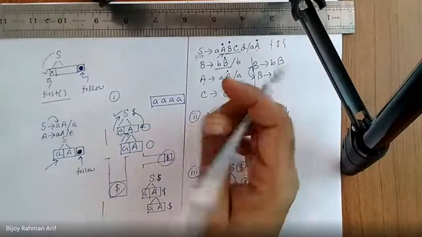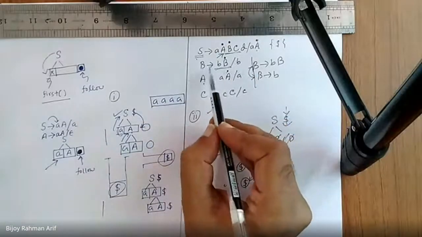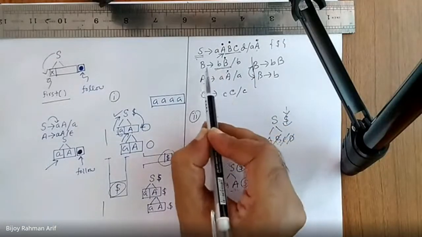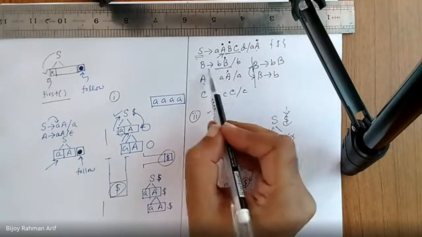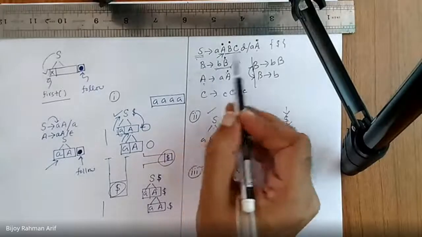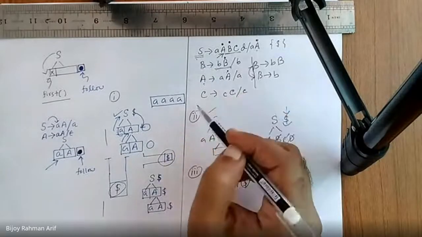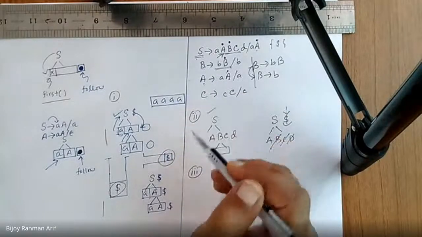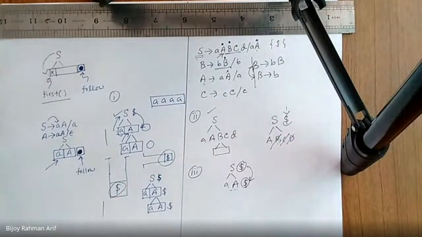For example, in this case, follow of B is nothing but follow of A. Somehow in another product, if follow of A is changed, then again you have to change it. Then again it might affect another rule, and that rule might affect another rule. So all these 3 rules are recursive. In finding first, our first 2 rules are not recursive, but in this case, all of my rules are recursive.